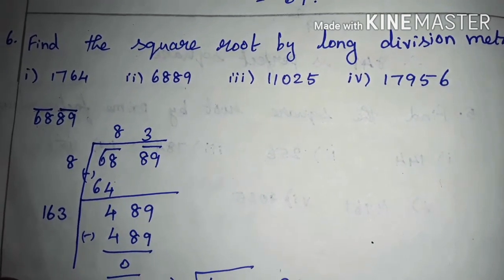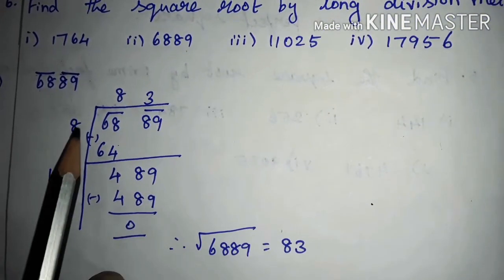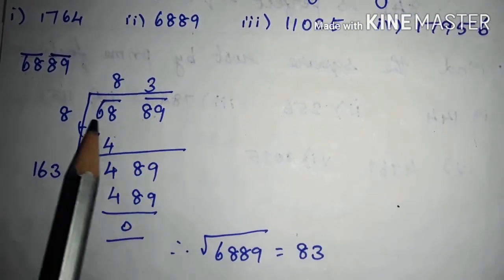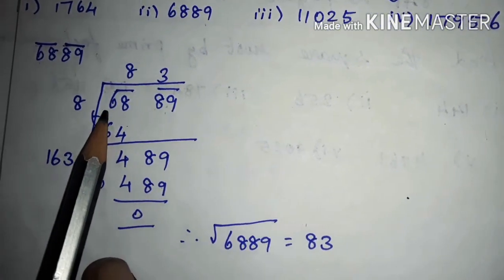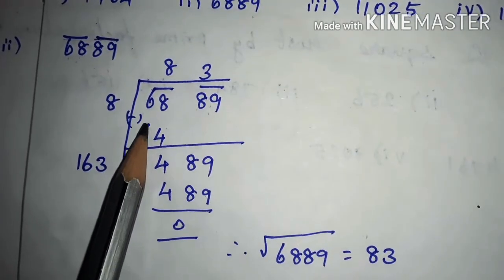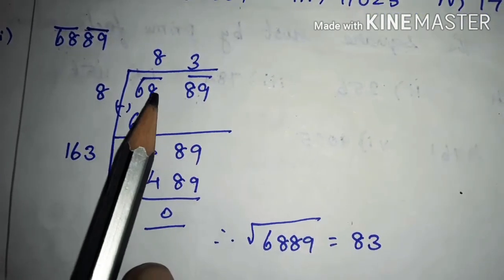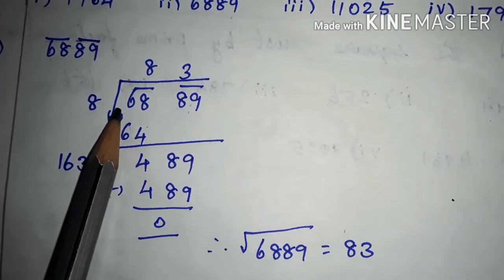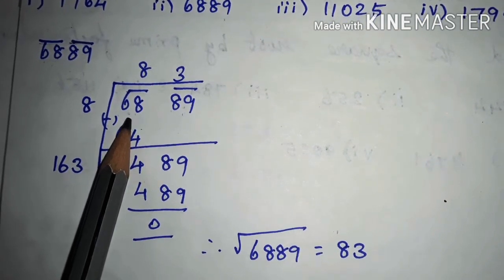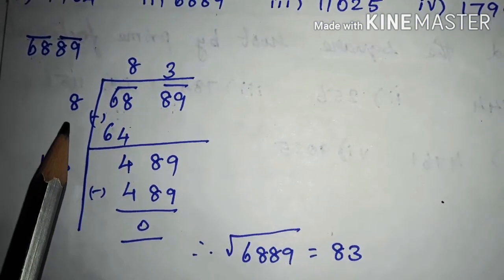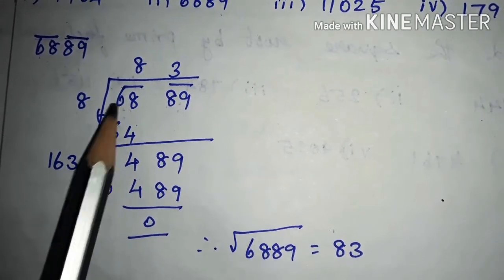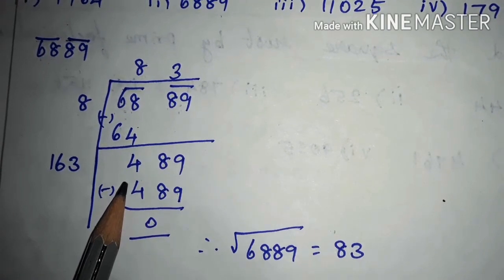After grouping the digits, you have to do the long division. 68 is one group, 89 is another; we split it and write it in two groups. First you have to take 68. In normal division we take a single number, but in square root we have to take two numbers. For that we are taking 68. 68 is not a square number, but the maximum square number we can get is 8 into 8. That is, 8 8s are 64. Subtracting it, we get the answer as 4.